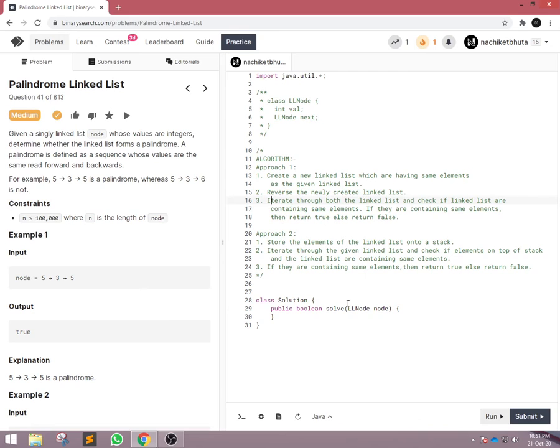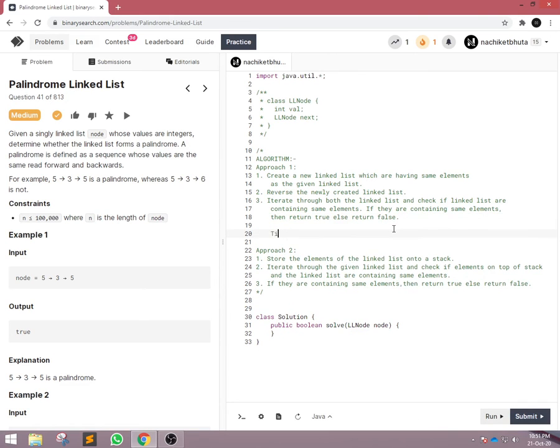After inserting all the elements onto a stack, we will iterate through the given list, and we will pop each and every element from the stack, and we will compare them. If they are not equal, then we will immediately return false, else we will return true. So these were the two main approaches.